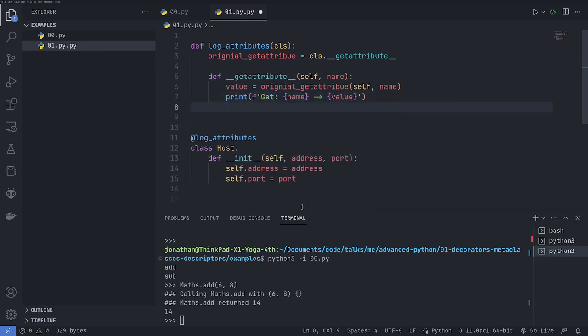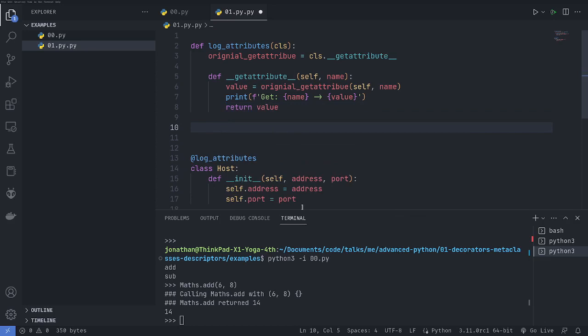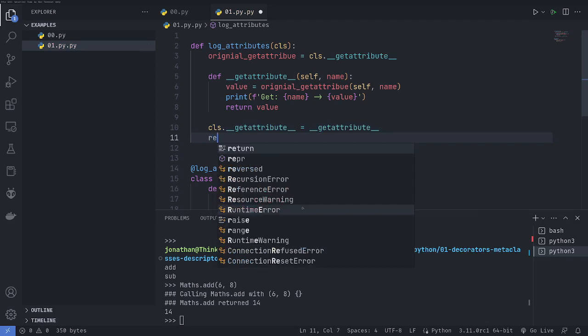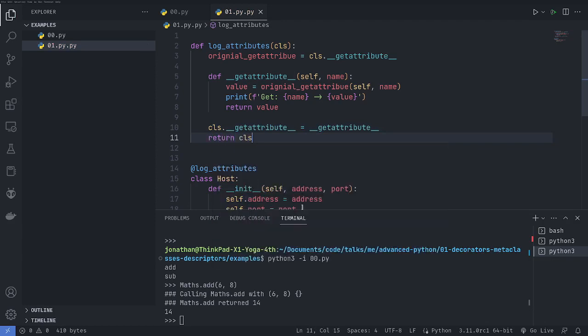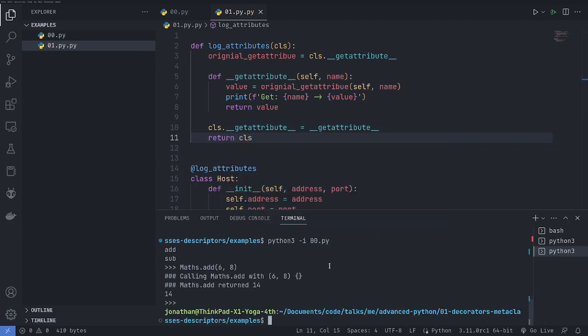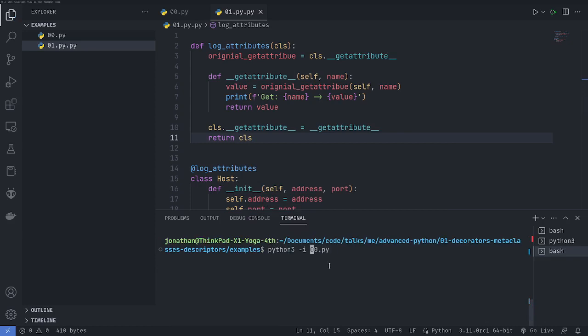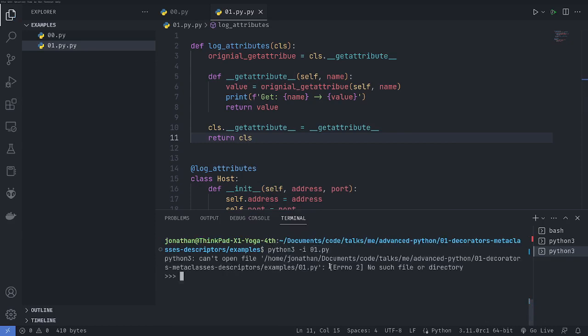And then, not forgetting they're trying to get the attribute, so let's return it to them. And then at the end, we want to override the get attribute method on the class and say that that's equal to our new get attribute function, and we'll return the class. So if we come down here,